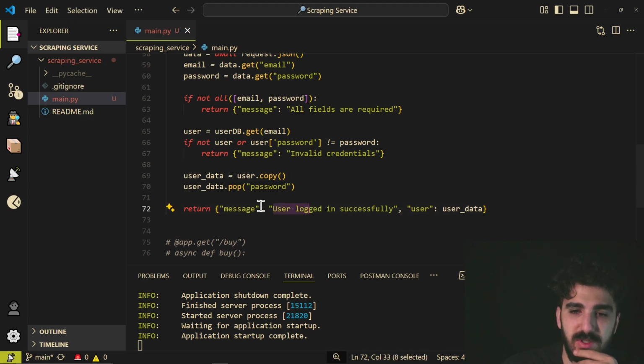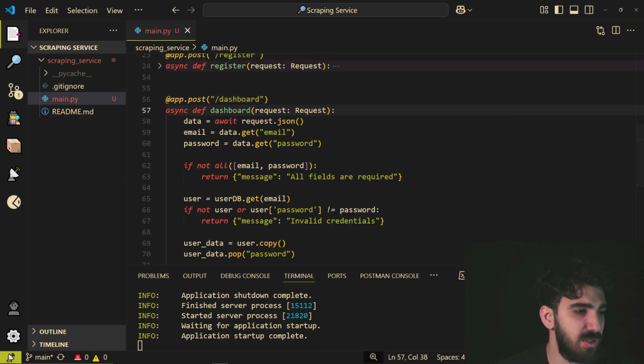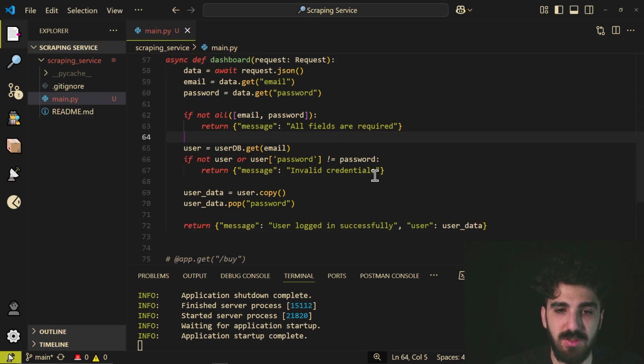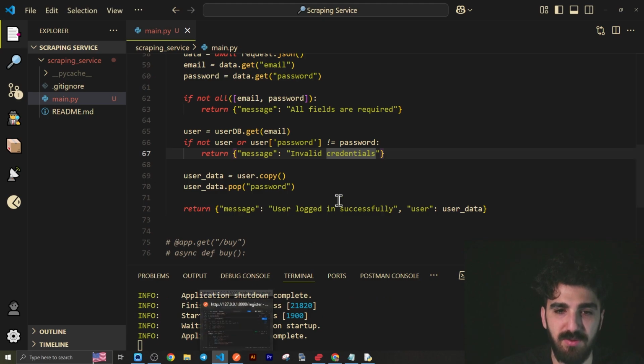Or maybe we can say you are in dashboard. I don't know, dashboard. Yeah, dashboard is better than login, because login is like something like form or UI things. Okay, are you ready to give it a try? I'm saving this server